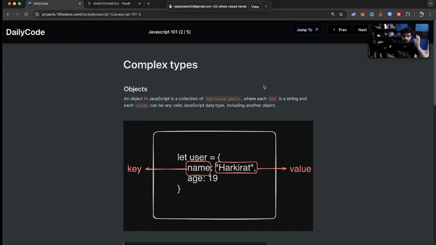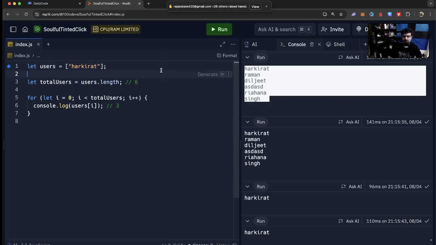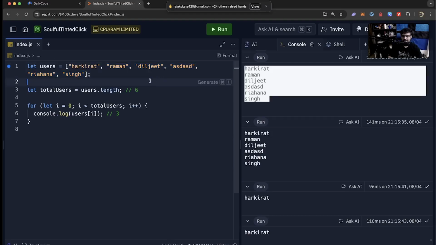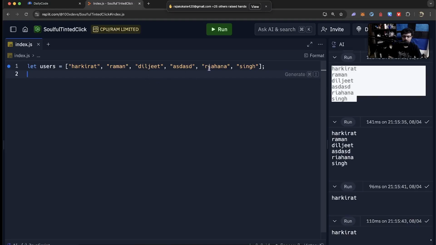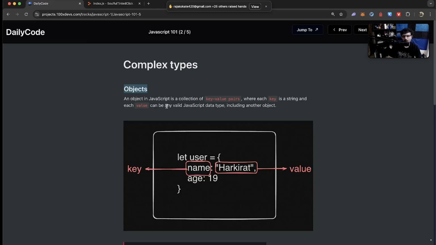All right, complex types are types that aggregate more than one data. Array is a good answer for this. What are arrays? Arrays are a complex type. They let you aggregate, or store multiple values rather than one. I have 1, 2, 3, 4, 5, 6 values in the same variable. That is good. Objects let you do something similar. If you've heard of maps in Java or maps in C++, similar to that.